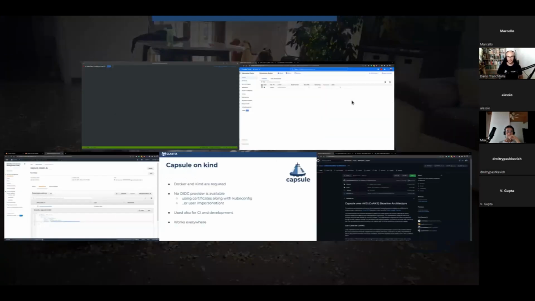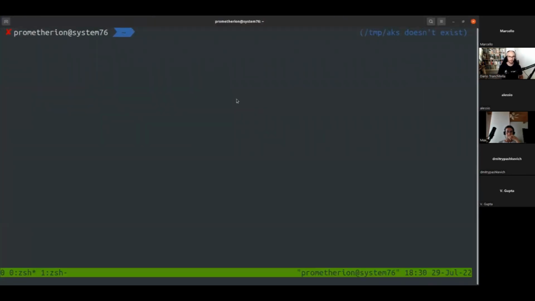So with that said, let me open my terminal. This is my laptop. How can I create a Kind cluster? Let me unset my kubeconfig; I'm using the default one. What I have to issue is kind create cluster